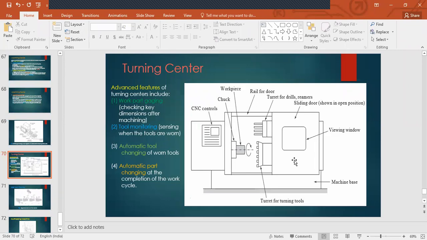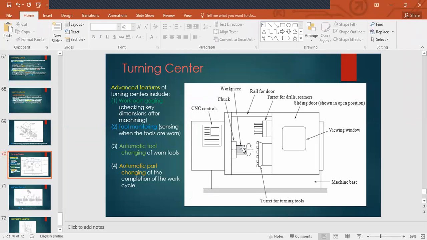So all of that counts as tool monitoring. Otherwise your product quality will be poor, your dimensions will not be exact, and surface quality will not be exact. You even have vibration problems, and your machine life will also be affected. The total turning center's life will be affected because attached to the tool are the chuck and other parts, which are all in a relationship with each other. So negligence in taking care of one part will lead to deterioration in other parts.